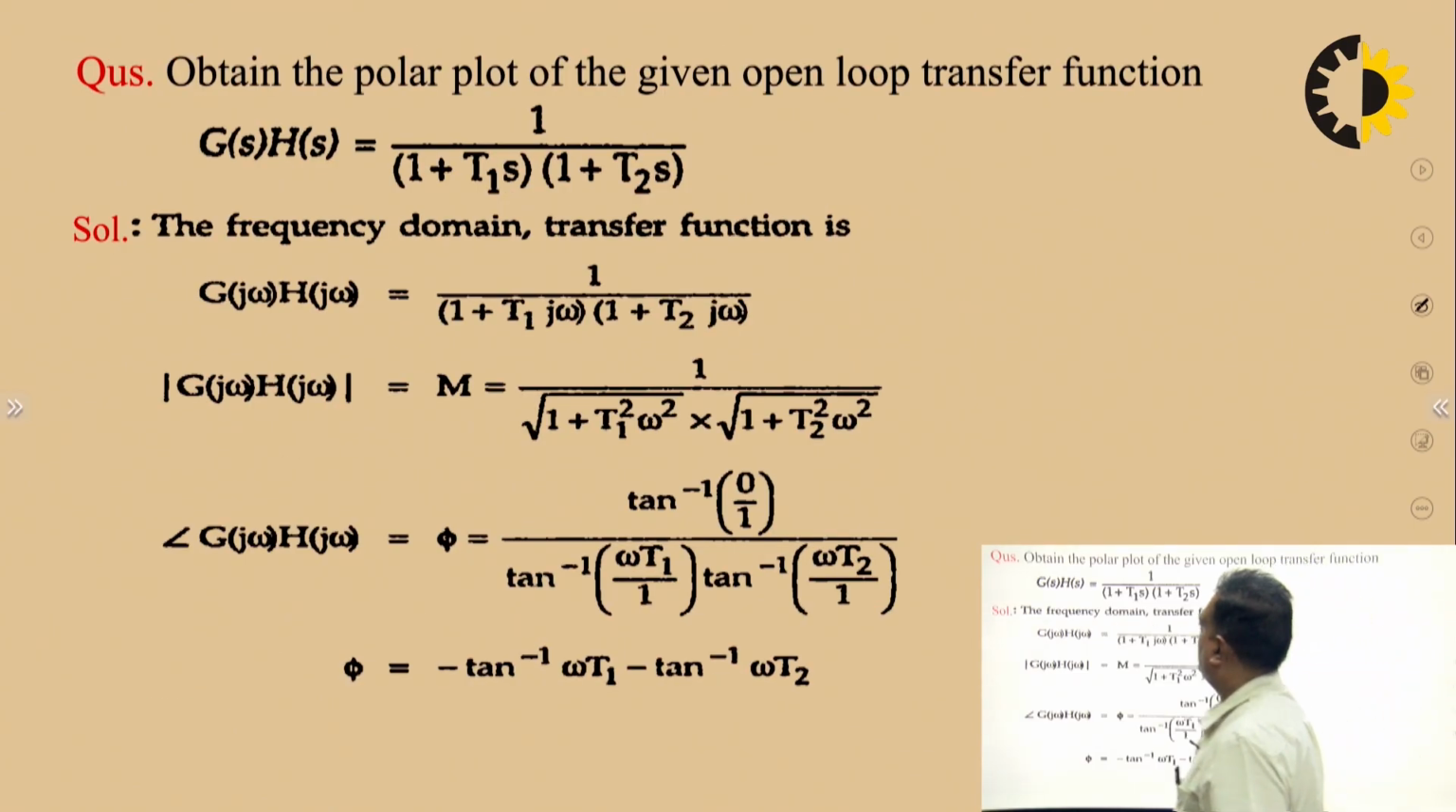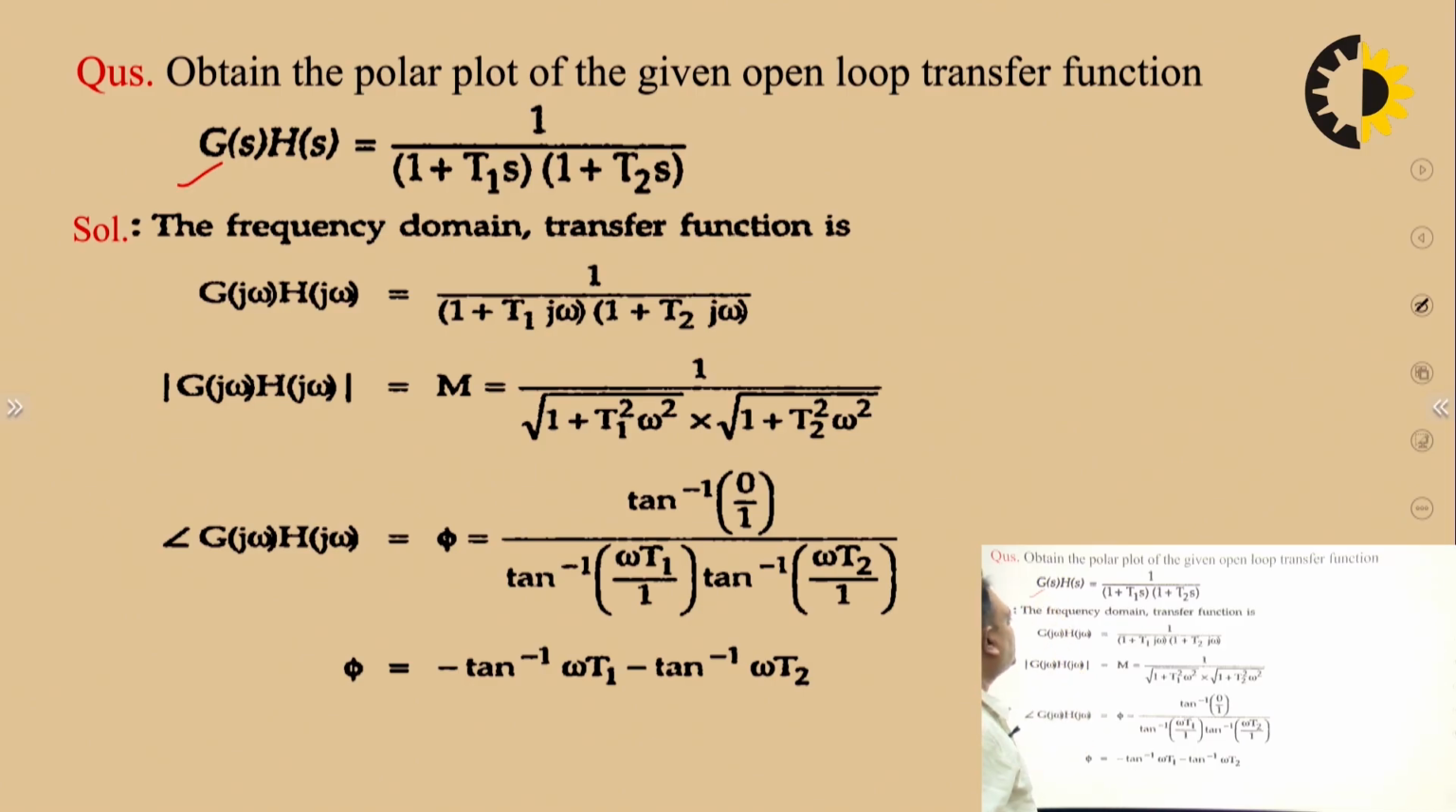So this is the first question which we can see here. The open loop transfer function is given as G(s)H(s) equals 1 upon (1 plus T1 s) into (1 plus T2 s). For the frequency domain transfer function, we will put s equals to jω in this equation. So G(jω) will become 1 upon (1 plus T1 jω) into (1 plus T2 jω). Then we will take the magnitude. So the magnitude, mod of G(jω)H(jω), we can call it M, and that will be equal to